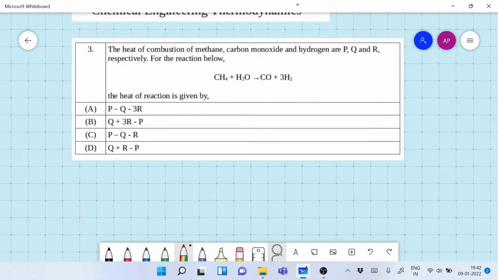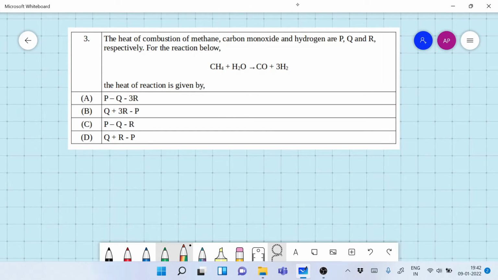Join me. So, what we do is first we write all the three reactions, that is P, Q, and R. So, the reaction P is methane plus oxygen gives you carbon dioxide plus water vapor. Now let's balance this reaction. So that's going to be 2 and that's going to be 2 and we are done. So this is reaction P.